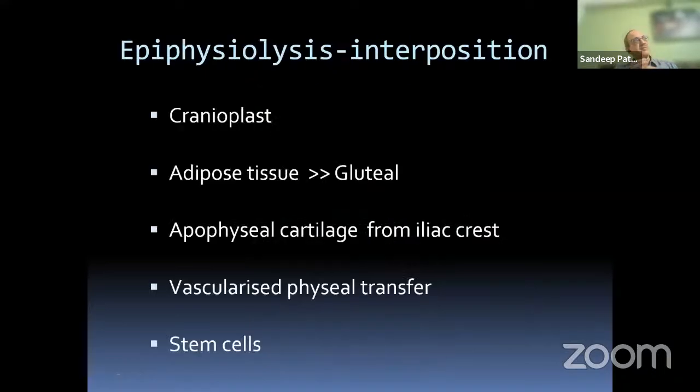So what are the various things that have been used? People have used cranioplast, which is used by neurosurgeons or dentists. You can use adipose tissue. Somehow research has shown that gluteal fat has got some chemical properties which prevents bone formation. So what is recommended is either back of the thigh or buttock area, get some fat from there and put